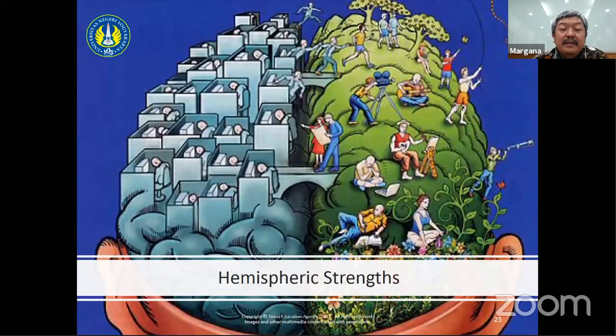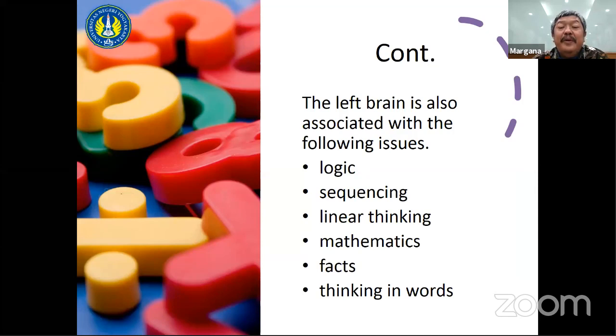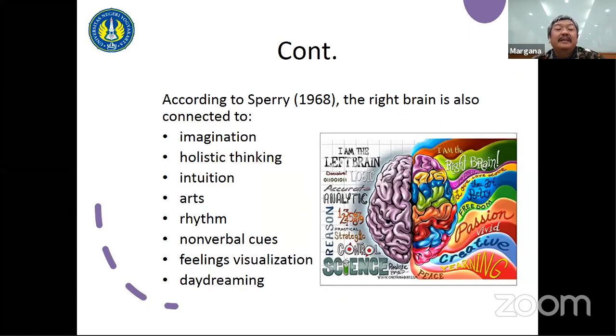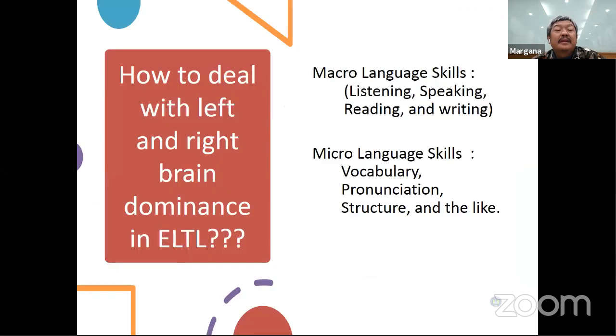And then we have what we call the right brain, which is also associated with the following issues, as mentioned earlier: imagination, holistic thinking, intuition, arts, non-verbal cues, feelings, visualization, etc. Then the next one is how to deal with left and right brain dominance. As far as I'm concerned, when I conducted some observations at junior school level, senior high school levels, English language